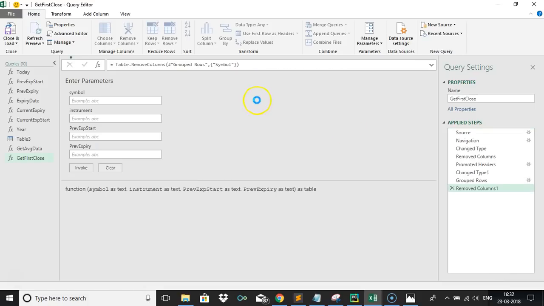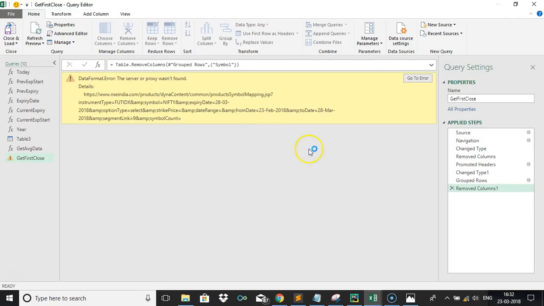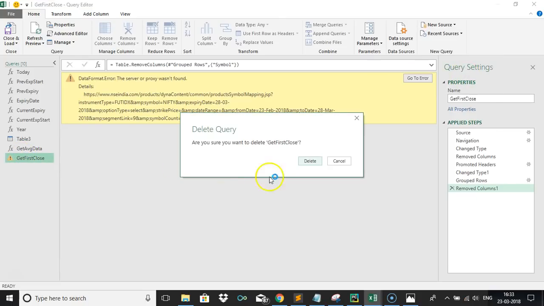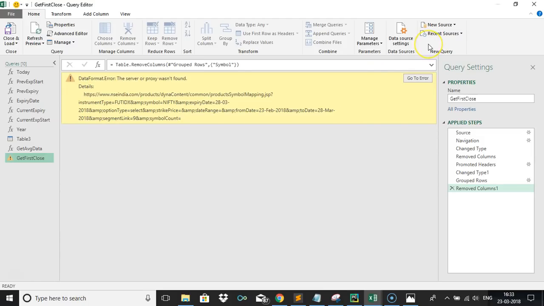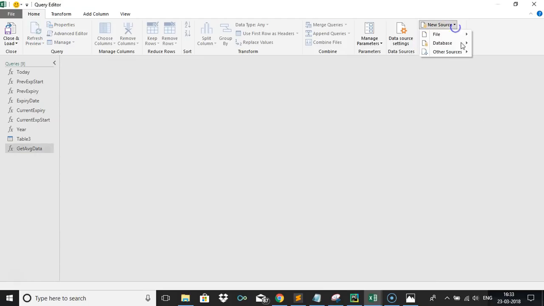Click done. Just taking some time. It basically depends upon your connection. Okay, something went wrong. Or otherwise just go one by one directly. I mean, just to avoid debugging time, I'm just taking this